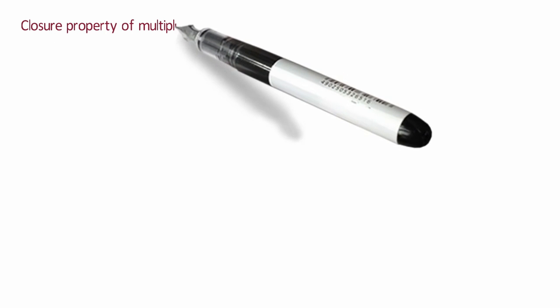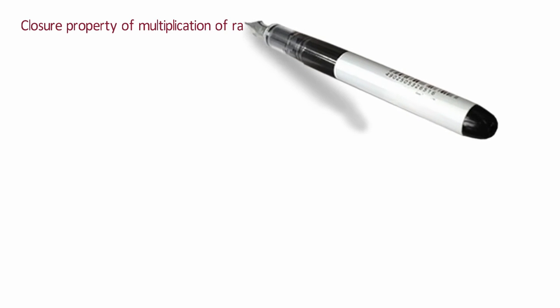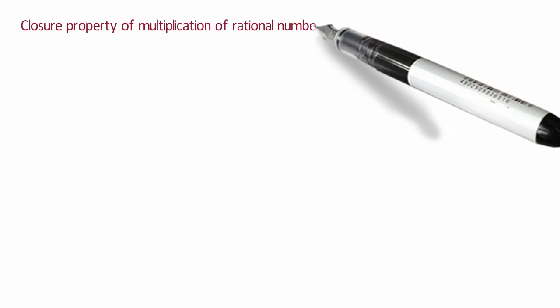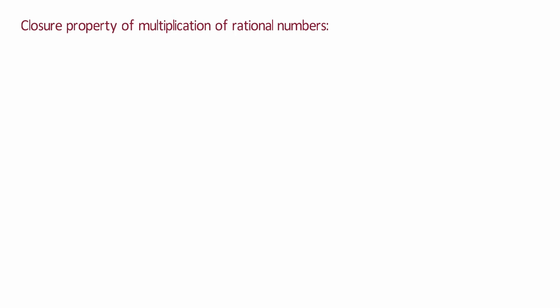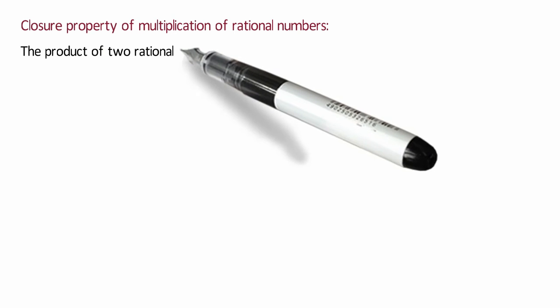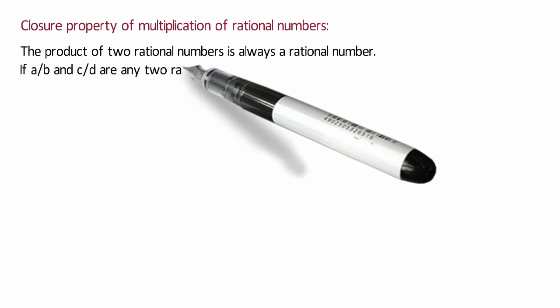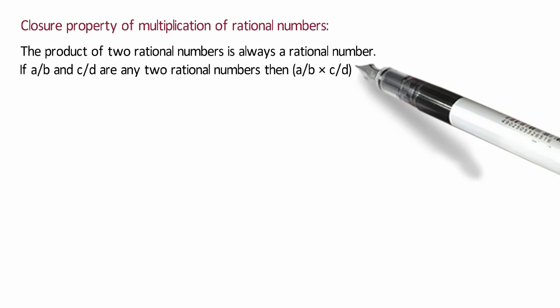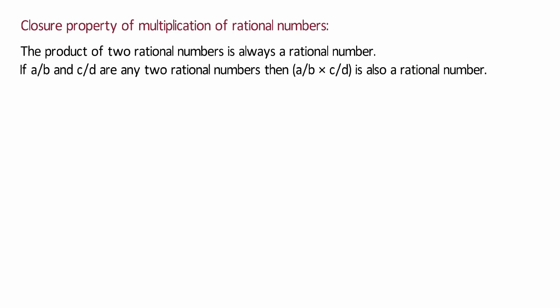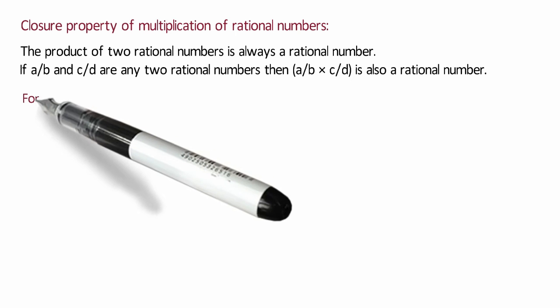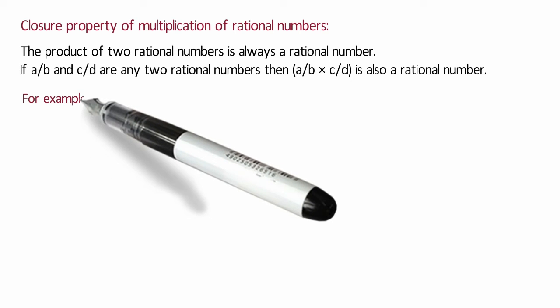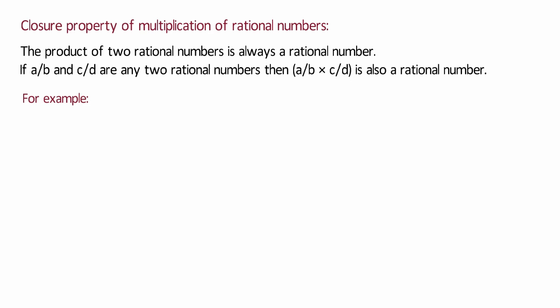Closure property of multiplication of rational numbers. The product of two rational numbers is always a rational number. If a/b and c/d are any two rational numbers, then a/b times c/d is also a rational number. For example,